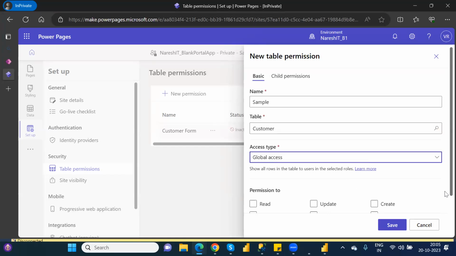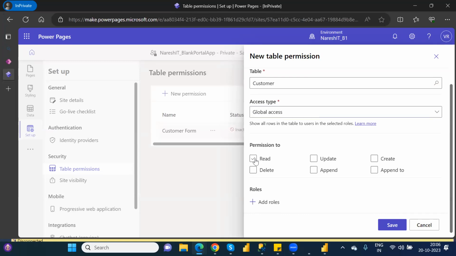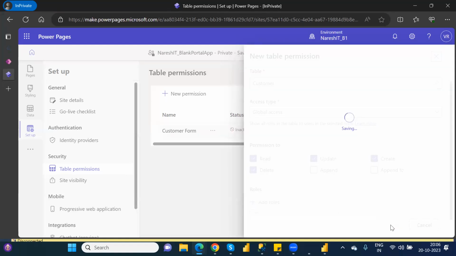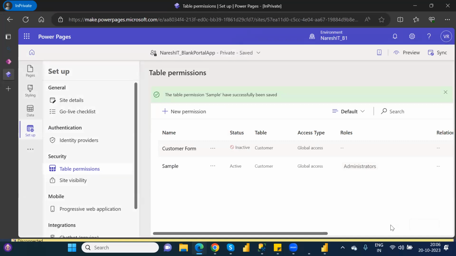And permissions is create, update, create, administrators. Okay, now